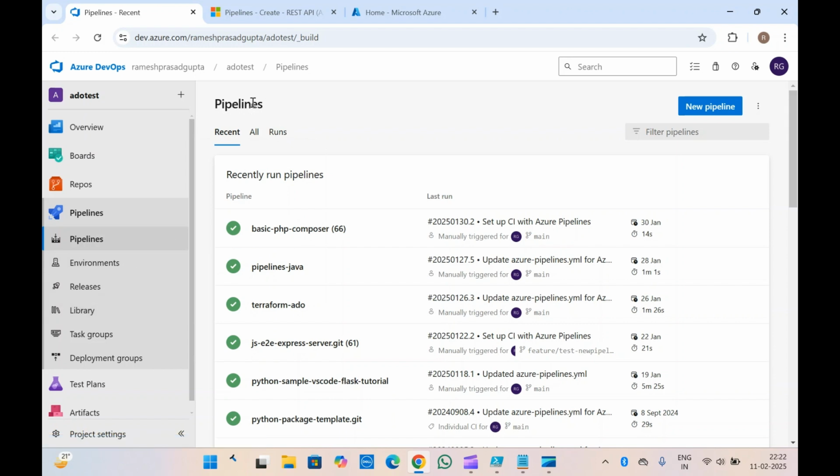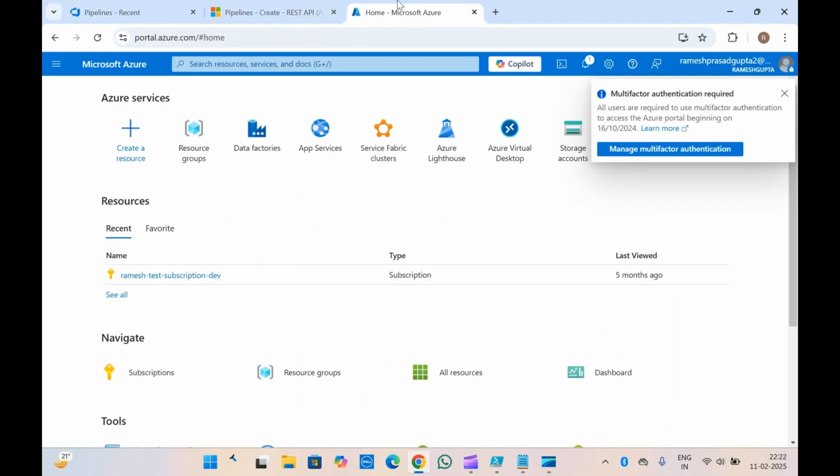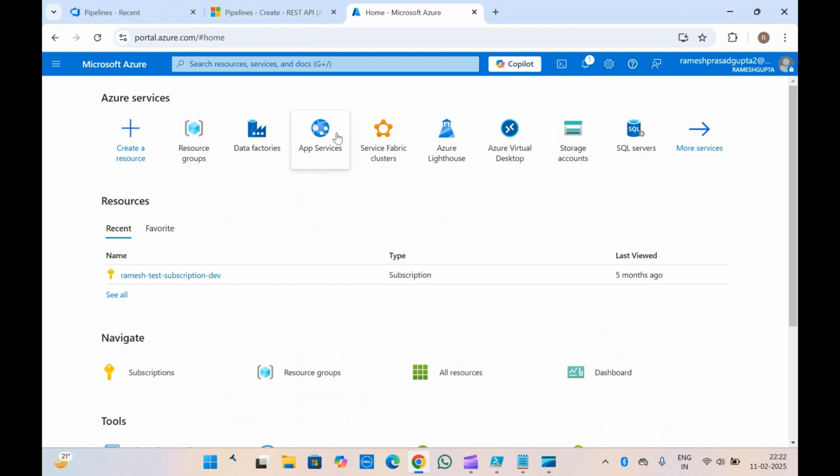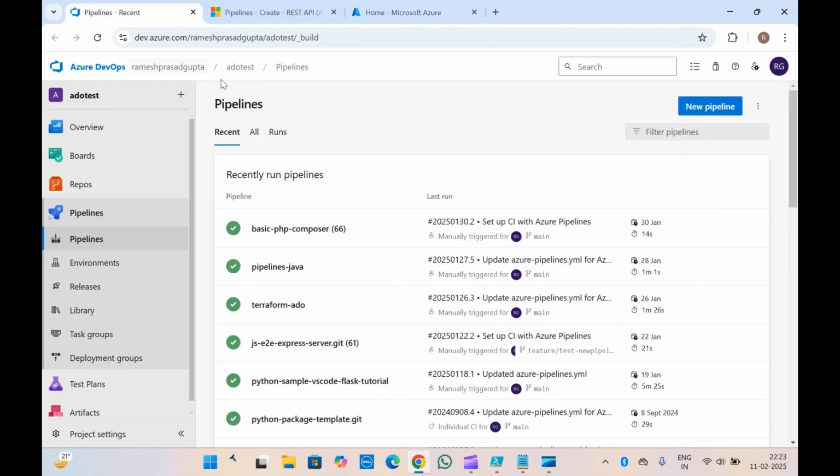You might want to trigger some pipeline or trigger some of the REST APIs. Everything can be done using PowerShell and Azure DevOps. In this video, we are going to see the same as well: how we can use PowerShell in our Azure DevOps pipelines and how you can run the scripts to